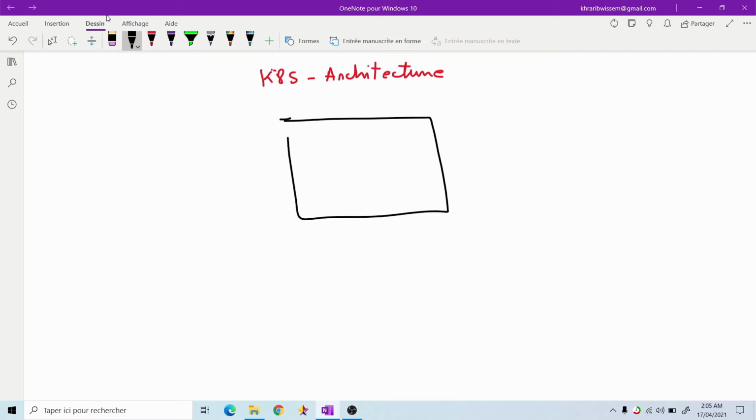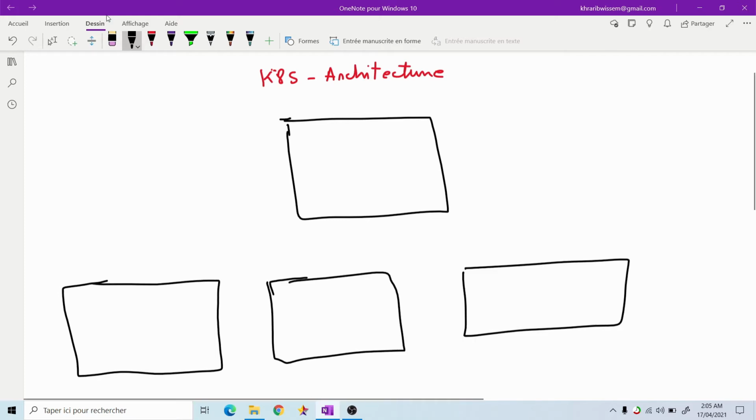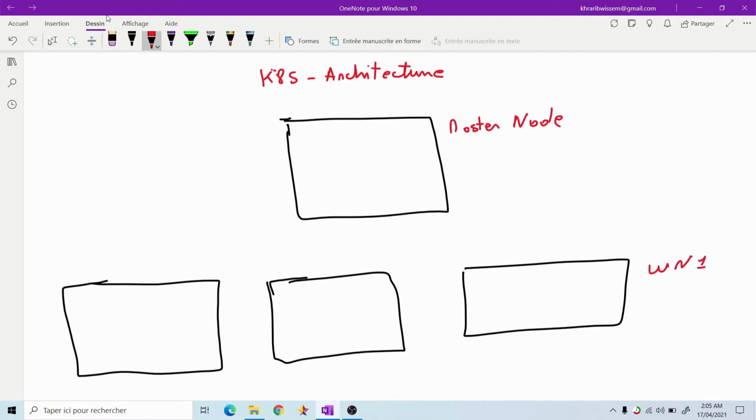So you have some nodes and they can be either virtual or physical. Always one of these nodes is called the master node. So for example, let's say that this node is the master node and the other nodes are worker nodes. Here, for example, worker node number 1, here worker node number 2, and here worker node number